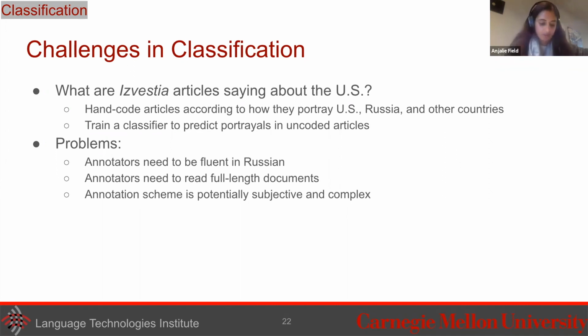We also want annotators who perhaps have some knowledge of Russian politics, who are going to be able to understand nuances in the text, and who are also dedicated enough to sit down and read full documents. So you can imagine that finding people like this is pretty hard. And there's an added complication here as well, which is we need to think a little bit about who's qualified to do a task like this and what they're being asked to do.